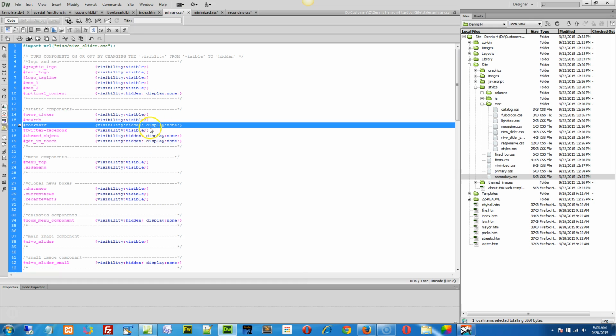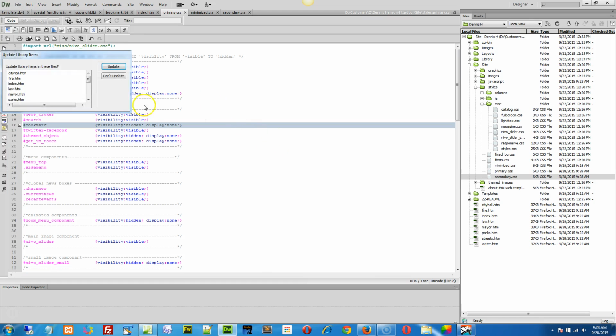Because when you set display none to a div container with this particular class, basically you're telling the HTML to take this container out of the HTML. Do not display this HTML whatsoever. Get rid of it. So if we did a file save all,